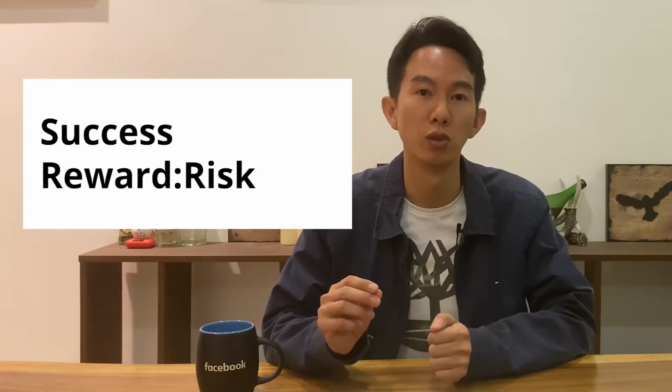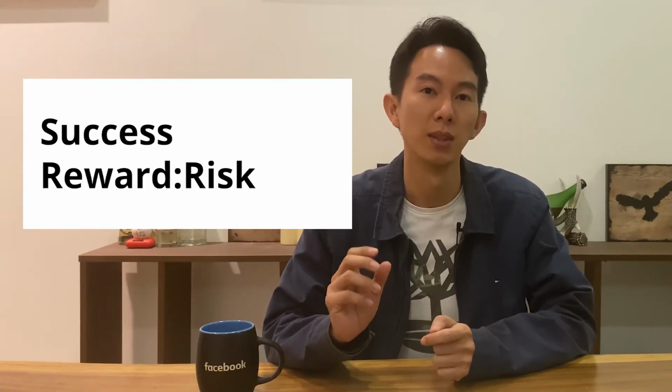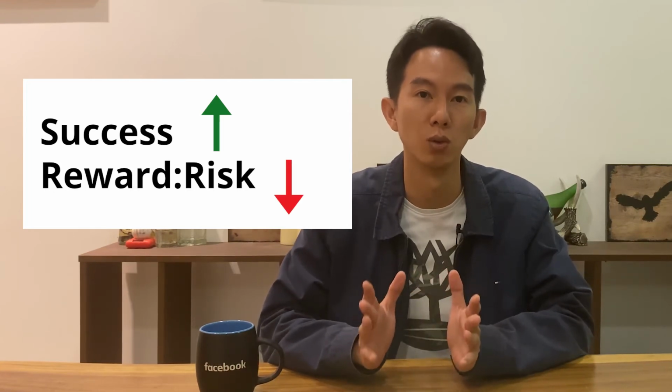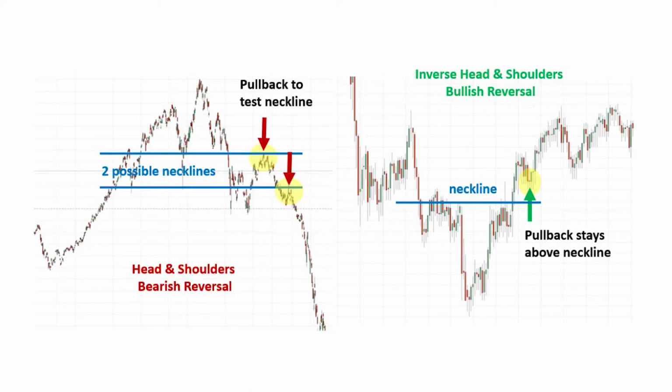Therefore, since the new trend is slightly more established, the chance of success is higher, but the reward to risk ratio will not be as good as the prior strategies. As we mentioned many times before, every trade is a trade-off between the hit rate and the reward to risk ratio. In the examples above, we can see where the first pullback occurs, which is the yellow highlight, depending on which neckline you treat as the breakout.